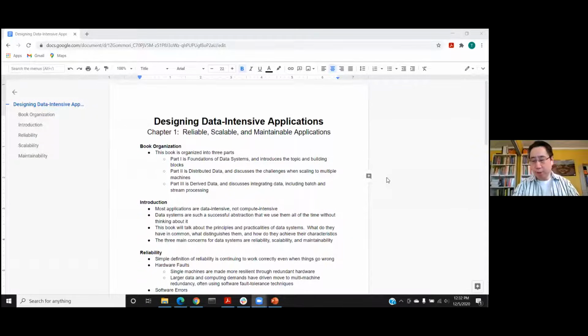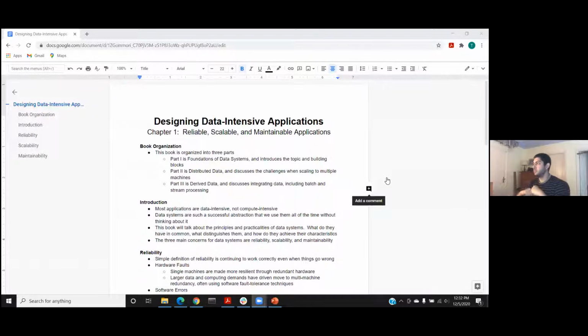So we're starting the new book, Designing Data-Intensive Applications. If you look, you'll see that this book is actually not brand new, right? It's a couple years old, and it has these really great reviews. And I'll say that my first impression from reading the beginning and then skimming ahead a little bit is